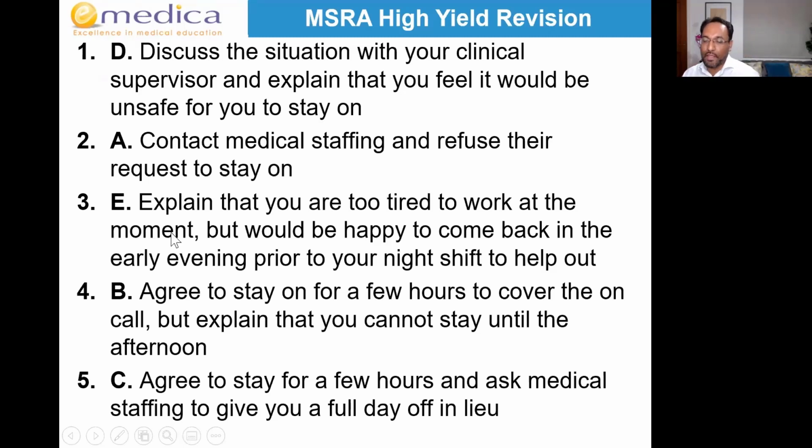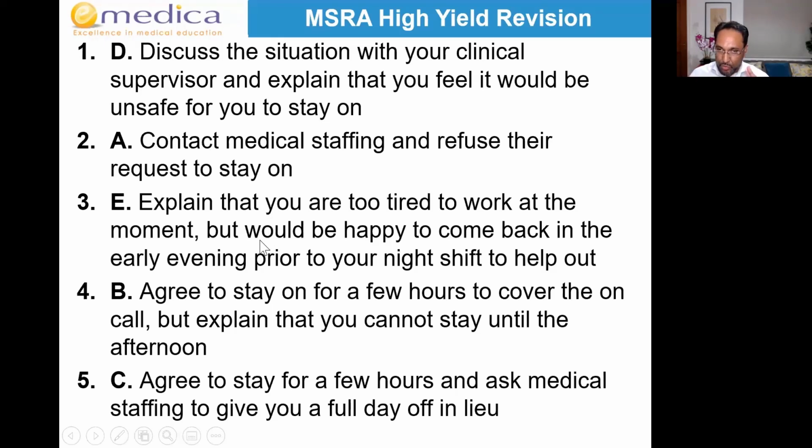Okay, now we're left with E. Now, some of you put E actually much higher, either second or even first. What's the problem with E? Why is E here? Why is it not as bad as B or C, but why is it worse than D or A? What's the problem with E?